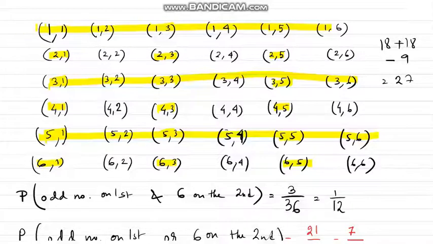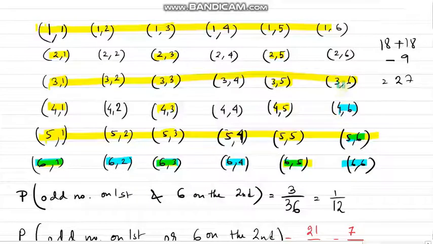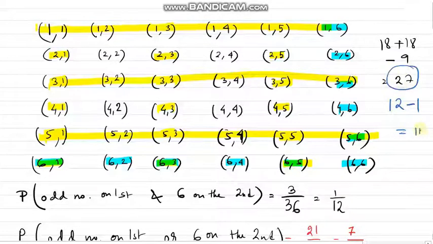Now if I look at 6, 6 can be in the first die, 6 can be in the second die, right? So in total how many? It will be 6 plus 6, 12, minus 1, because this event is occurring twice again, 6 on the first die and 6 on the second. Now just check 27 plus 11, this is becoming 38. How? Because there has to be some event which was occurring more than once.